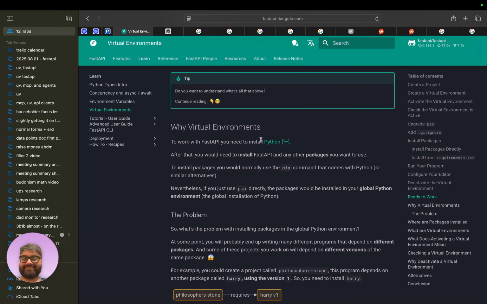So this solves this problem too. But this is essentially the problem with environment managers and UV and all this stuff coming, because the traditional pip just installs to your global Python installation, which can get really bad when you're dealing with multiple different projects with different dependencies.